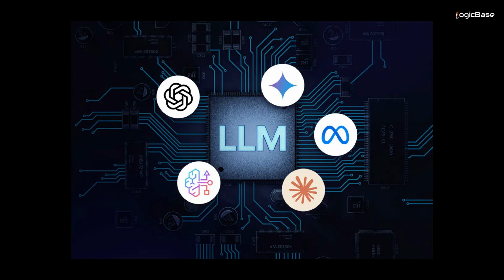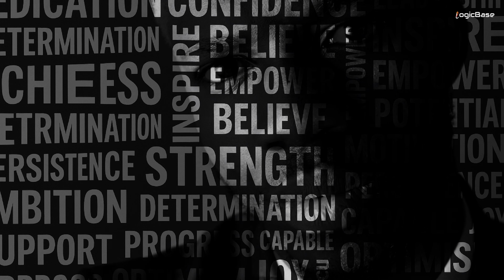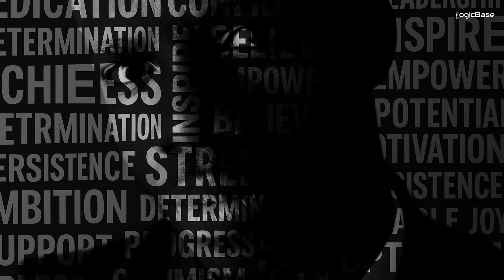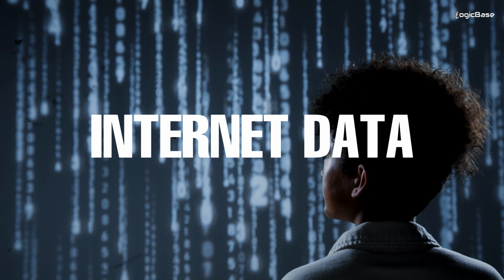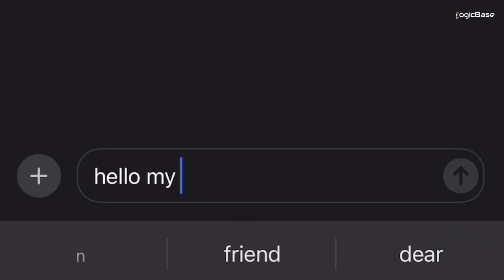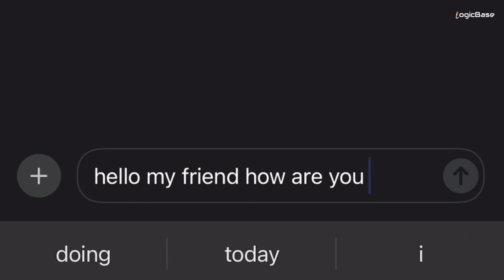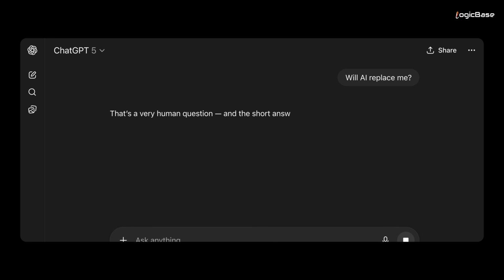First, what are LLMs or large language models? Think of them as giant text factories. They have been trained by reading a massive library, basically a huge chunk of the internet data, and their main skill is predicting the next most likely word in a sentence. That's how they write, code, and chat. What are prompts? A prompt is simply your set of instructions for the factory. It's how you tell the LLM what you want it to create.